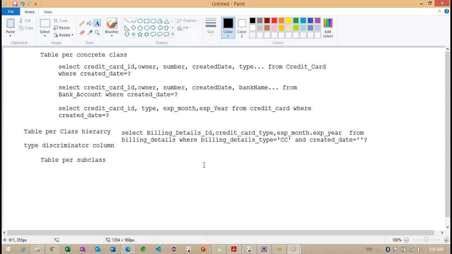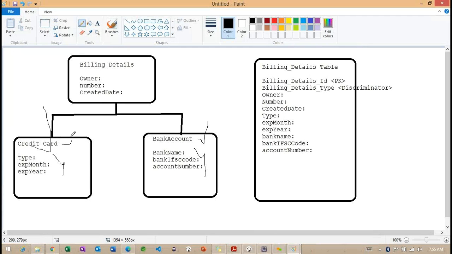So how exactly does this primary key and foreign key relation work? Every subclass is declared with the persistence property. Observe here in our subclass, we have some properties: the type, expire month, expire year. In the same way, bank name, IFSC code and account number. But here we are going to provide these properties along with these properties. So we are going to include this base information, whether it is an abstract class or even an interface. Getting the point? So we are going to include this information here.